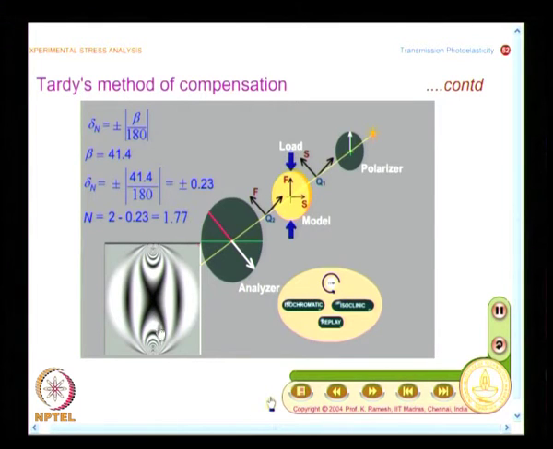So, if you are able to observe this, is it necessary to mark the point at the center? It is not necessary. See, if I want to do any evaluation quantitatively at a point of interest, I must mark the point and then find out the fringe order. If I take the center, because the fringe occupies a position as a figure of 8, it is easy to identify that I have got the fringe order at the center, and this is one of the advantages.